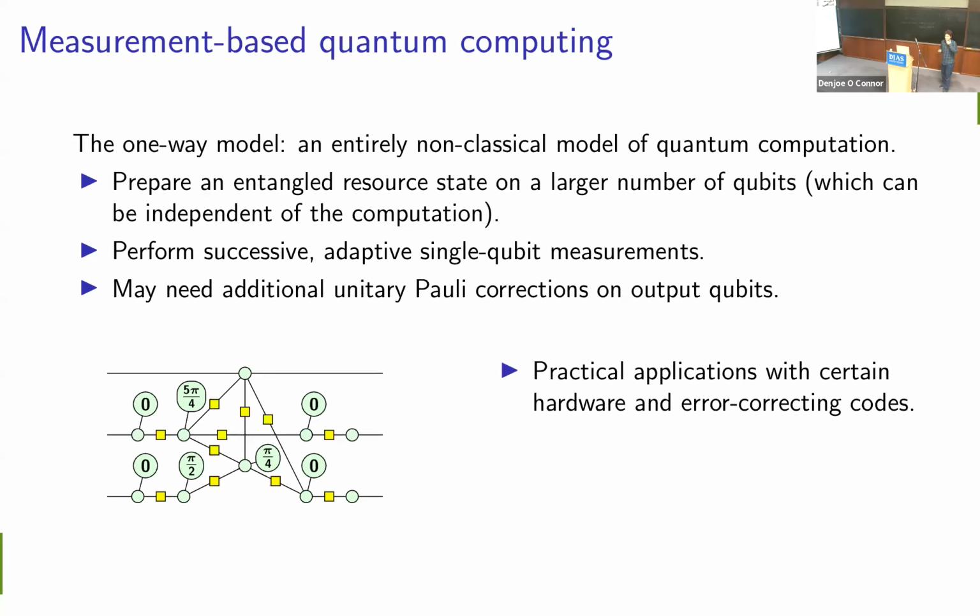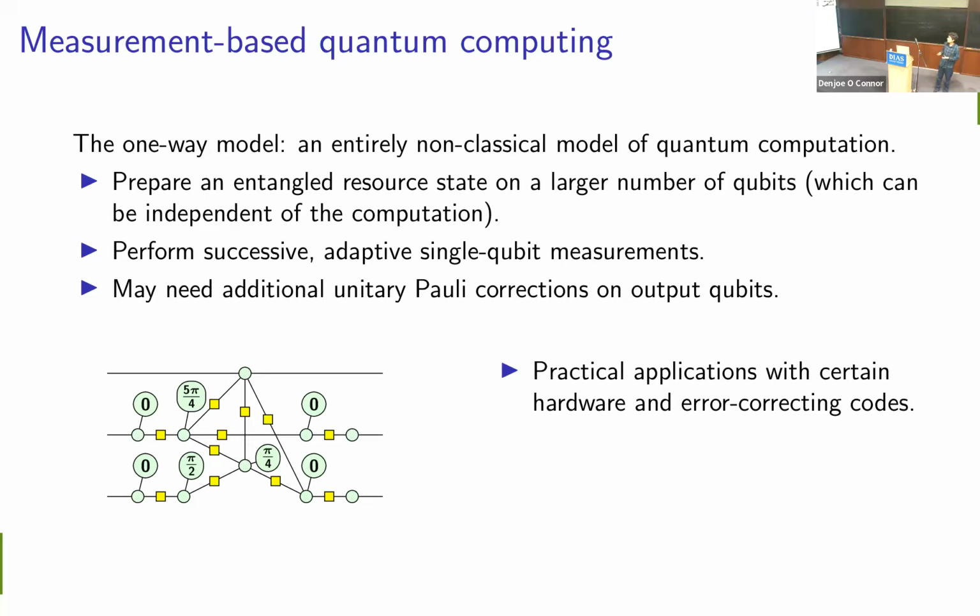So this one-way model indeed has certain hardware that is planning to use it, maybe not quite just yet, because one slight difficulty with this one-way model is that it requires a lot of back and forth information transfer between the quantum side and the classical side, because after each measurement you need to check, was it the right outcome, what adaptations might I need to make, and that's something that is currently quite difficult. So for a circuit you can just send the whole gate sequence as instructions to the quantum computer, it'll do all of those, and then you just need to do your measurements at the end, and you don't have this constant back and forth of information.